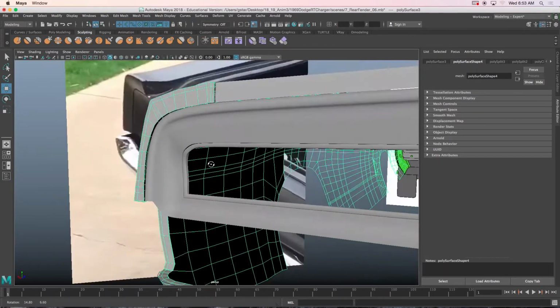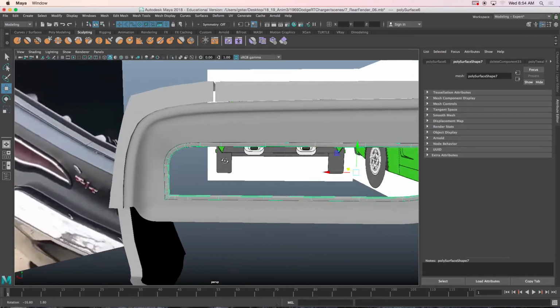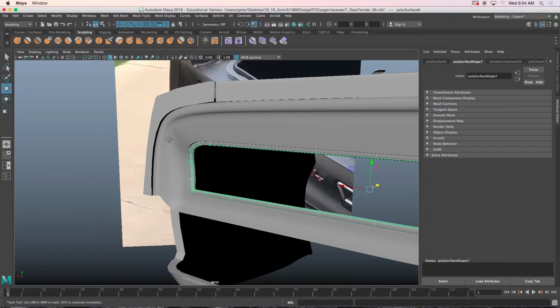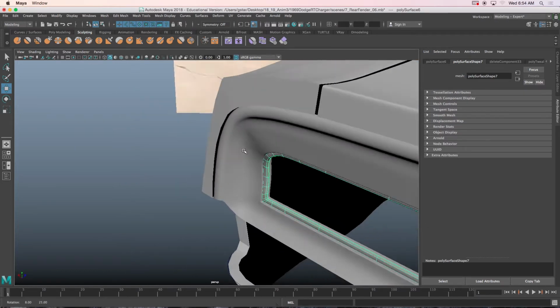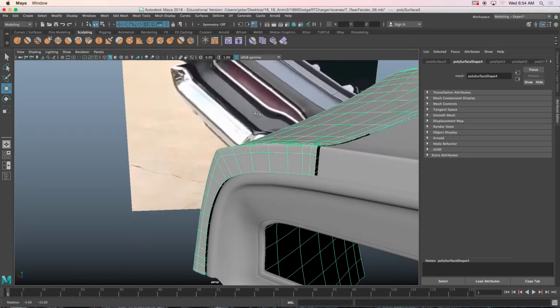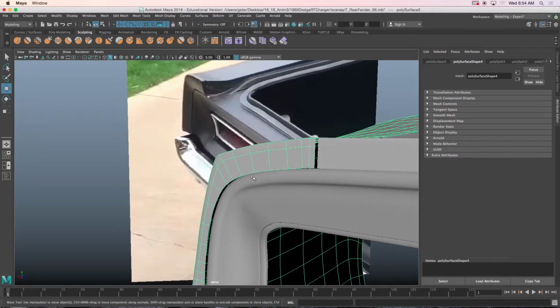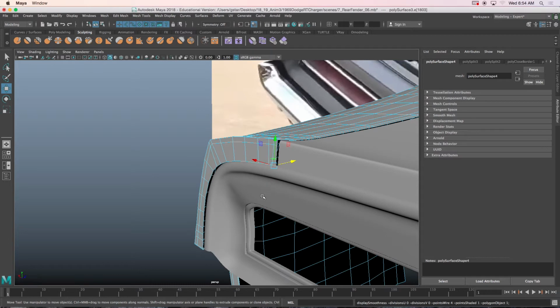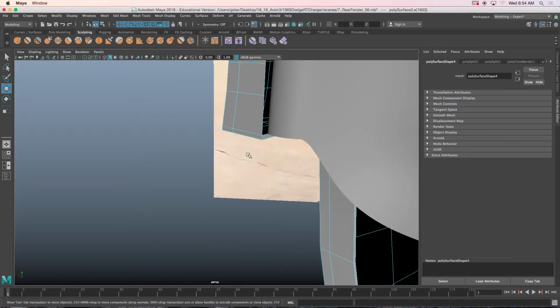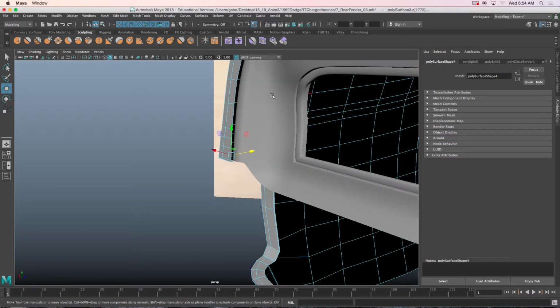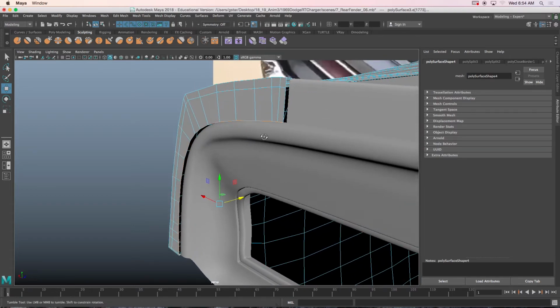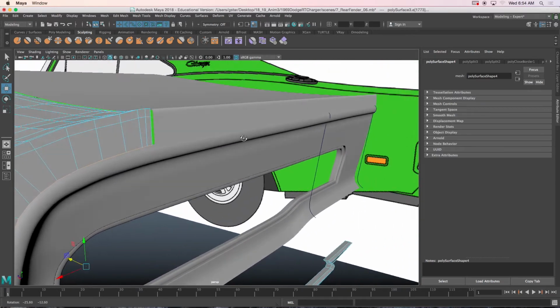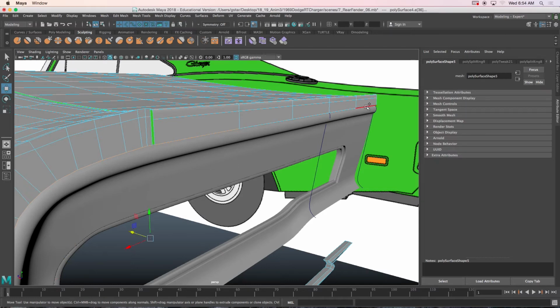All right, next thing that we need to do is take this geometry here. One more area of concern. And I could see it right in this section, how it curves. So I'll take that, let me press 1, turn off my soft selection. I'll hold Shift and double click there. Actually, let's go here, this edge, hold Shift, double click that edge, and then I will right mouse click on this guy, go to Edge, hold Shift, double click there,